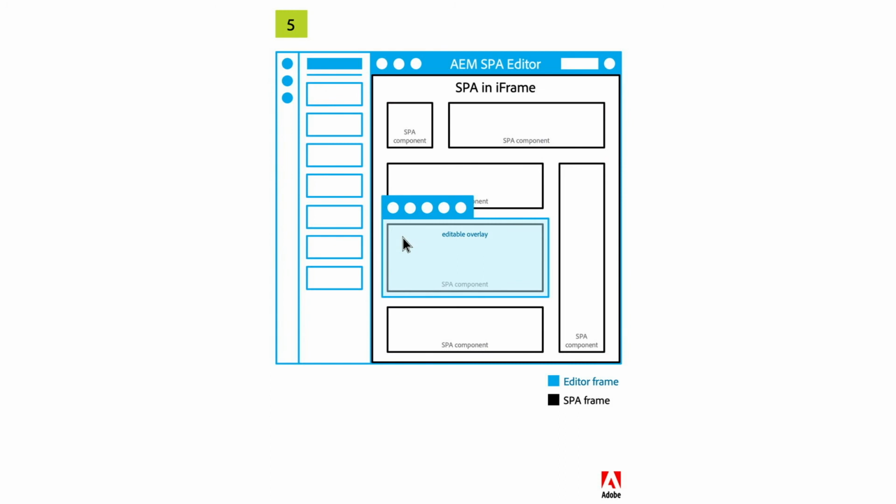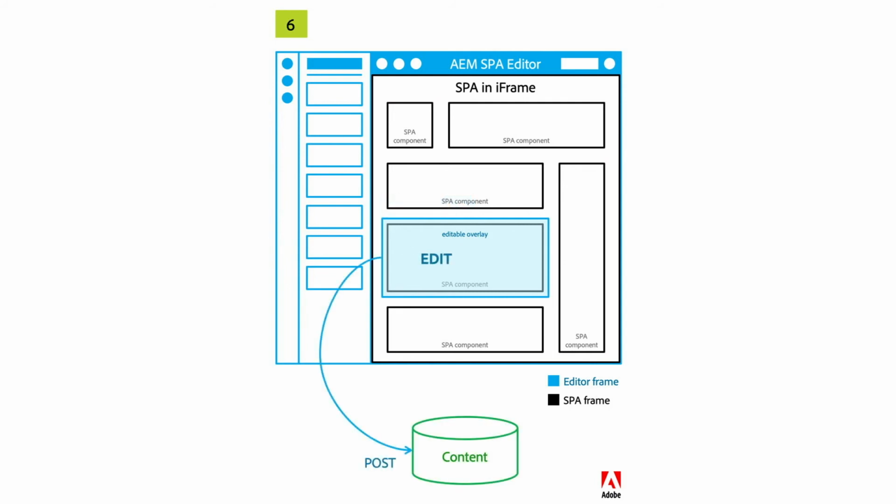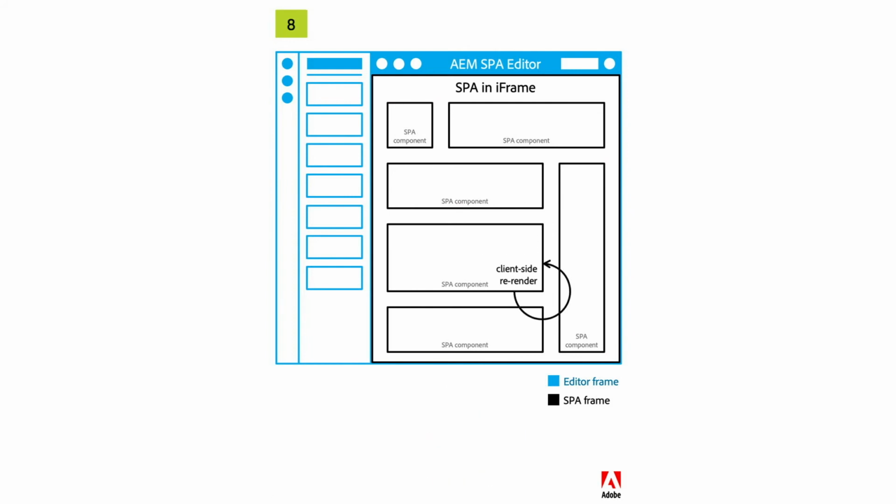Once you hover over one of these components, you get the ability to edit it, delete it, make whatever changes make sense to that component. If you make a change, those changes get posted back to the content management system, and then the content management system stores it and notifies the single page application in the page that a particular component has been updated, so that the React application or the Angular application can then re-render that content on the page. So that's how AEM works. It's actually very similar to the way Bloomreach works.